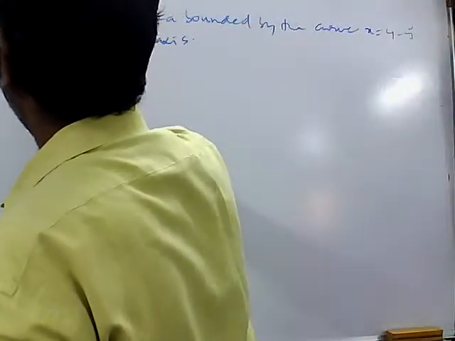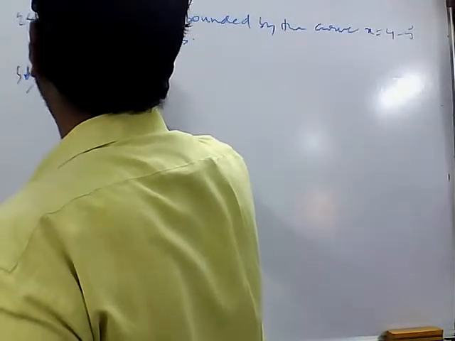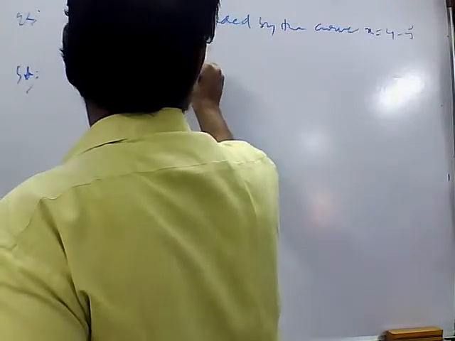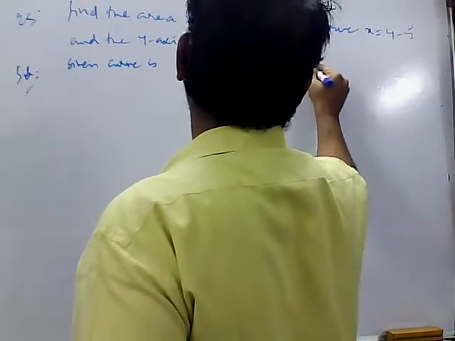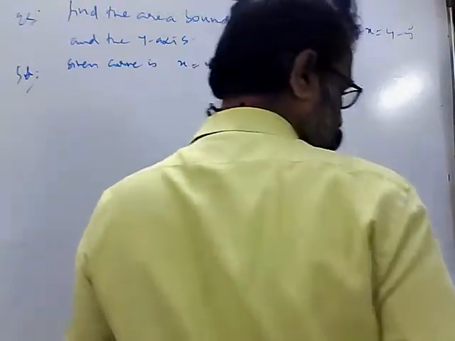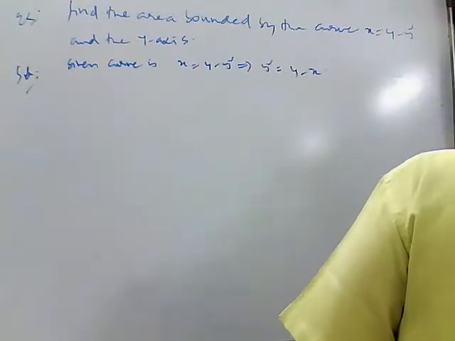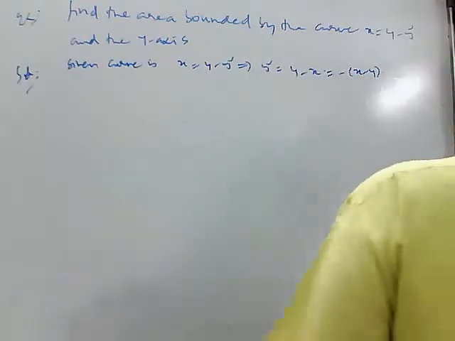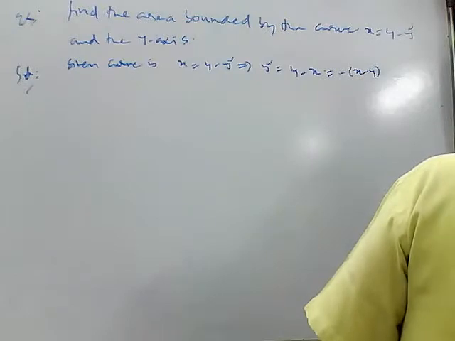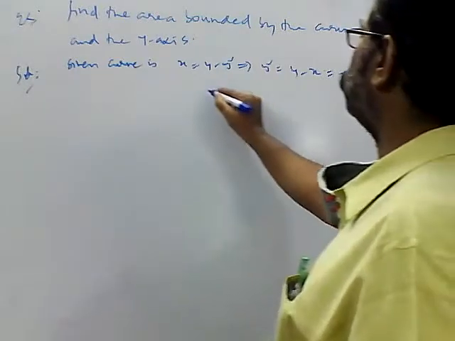Solution: the given curve is x equal to 4 minus y square, that is, y square is equal to 4 minus x, that is, equal to minus of x minus 4. So it is of the form